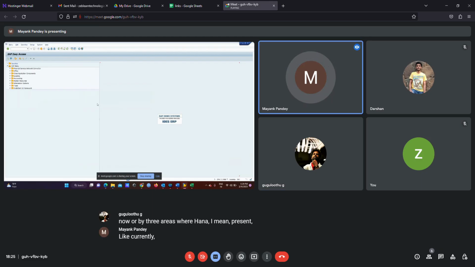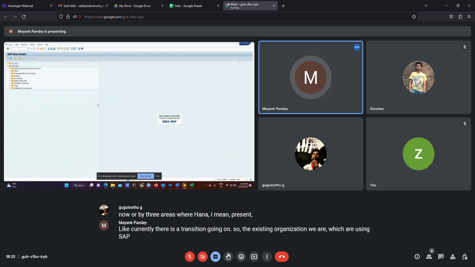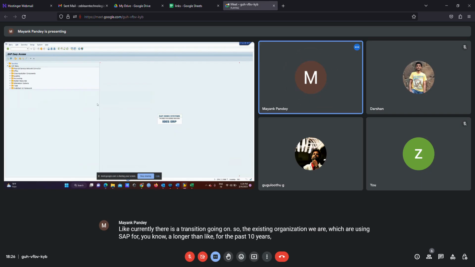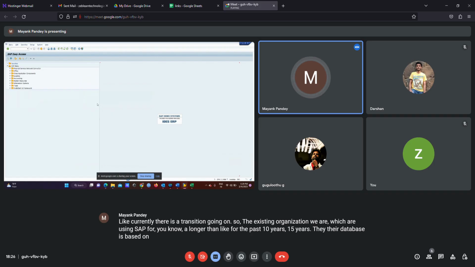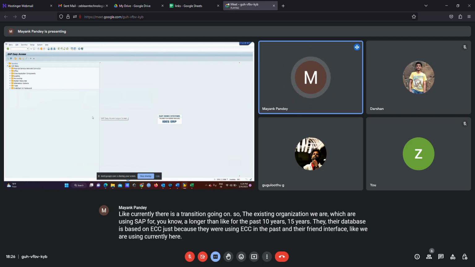Currently there is a transition going on. The existing organizations which have been using SAP for a longer run, for the past 10 or 15 years, have their database based on ECC, just because they were using ECC in the past, and their front interface is the GUI we are using currently here.